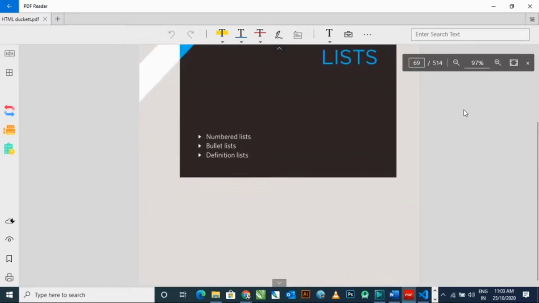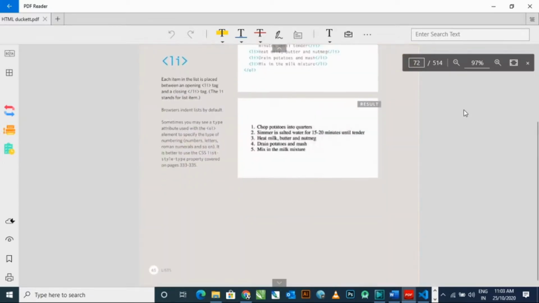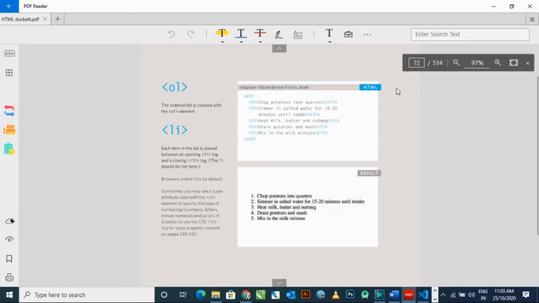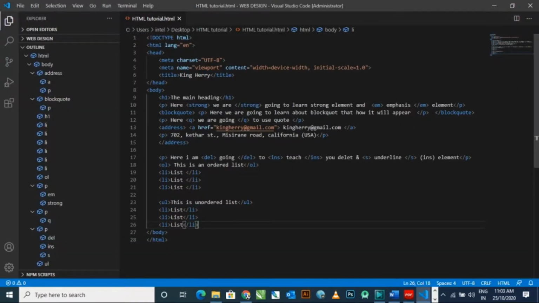Here I am showing you the correct path of the ordered list and unordered list. Here you can see the ordered list, OL. Inside the OL ordered list you have to type li, then you can put your word or sentence, whatever you want. You just have to open and close, and under that element type the list element.